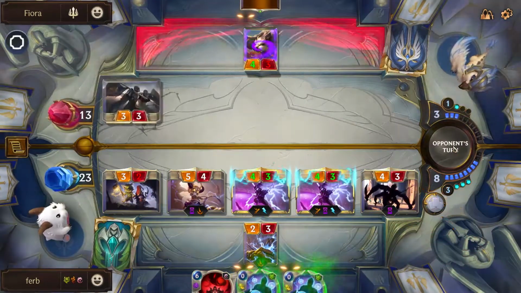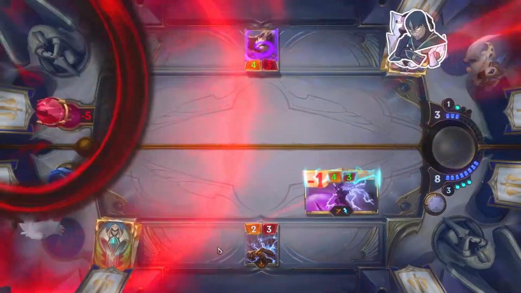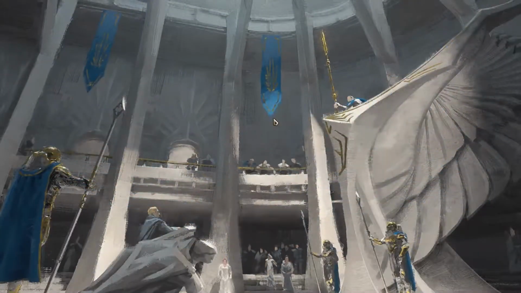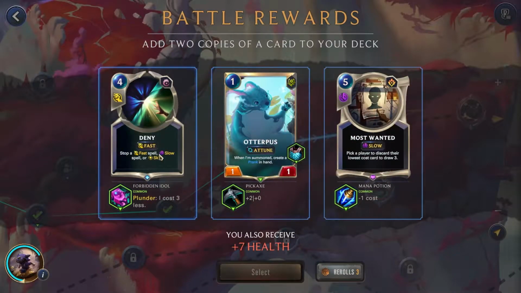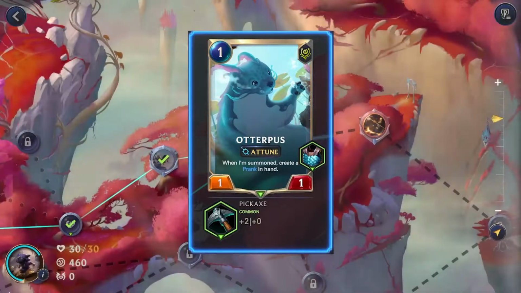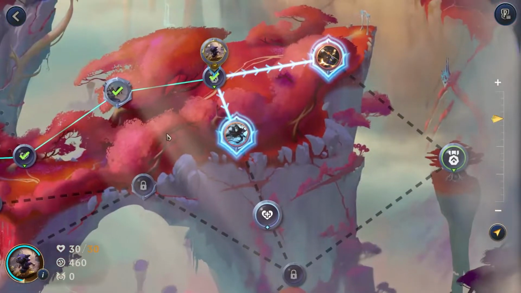I remember not to use anything else, because they don't really have a big enough board to block all of them. And so this is game against the Fiora. Mana recycle, easiest thing ever. We will be going with the Otterpuss to get a 3/1 just in case they get some sort of fearsome. But here it is, the Enfeebling Strike. Best